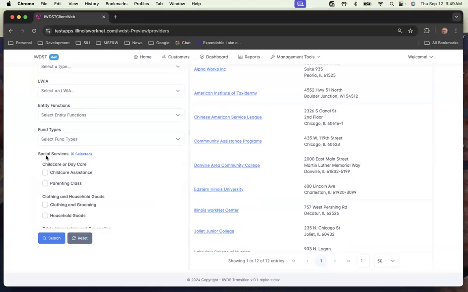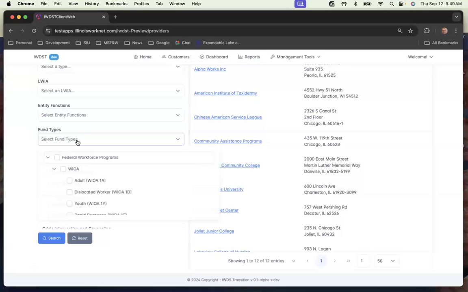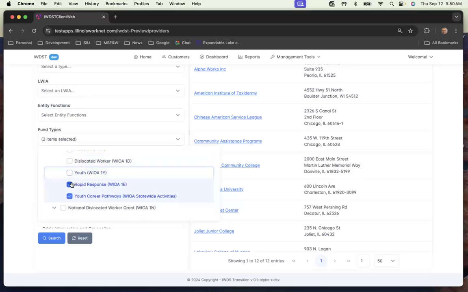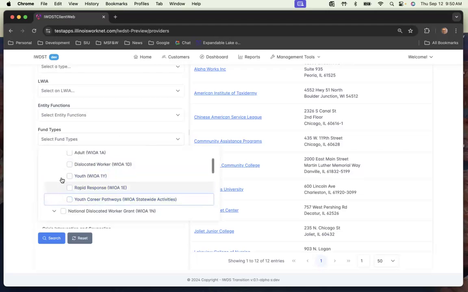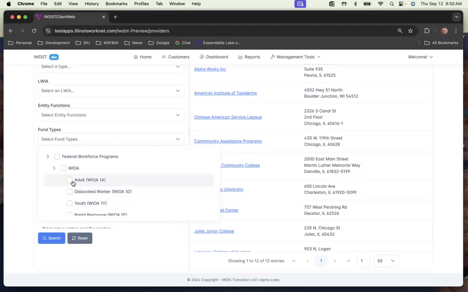Social services. This is the older, in the IWDS, this was called, I believe, human services. Okay. That's now called social services. It's a list that's being synced up to Service Finder and some things like that. But these are social services, and these fund types are given to you in a hierarchy. So we're talking about WIOA. You can select these fund types all at once, or you can just select which ones. Like if I wanted to see all my providers that have youth services or whatever. Now, as you know,